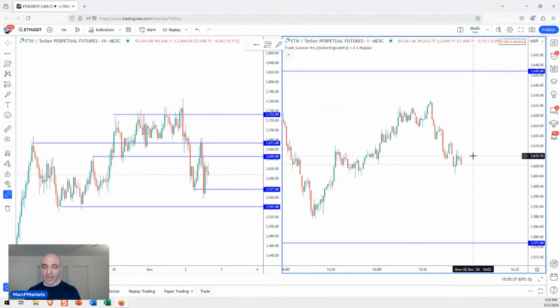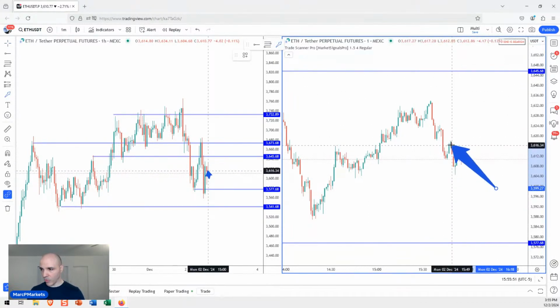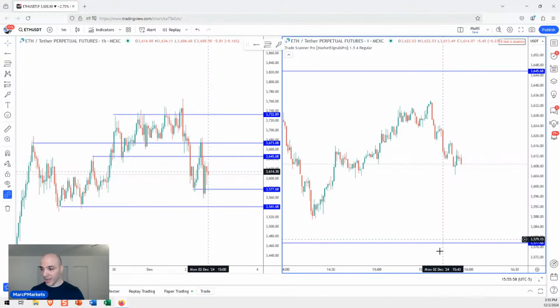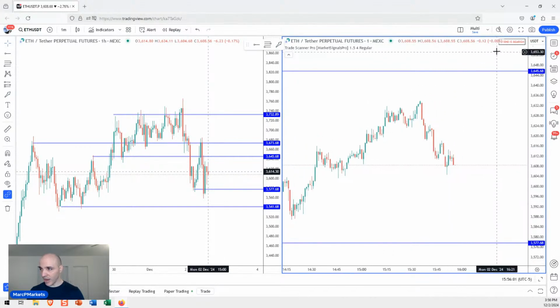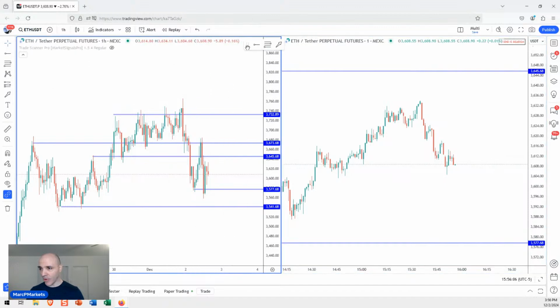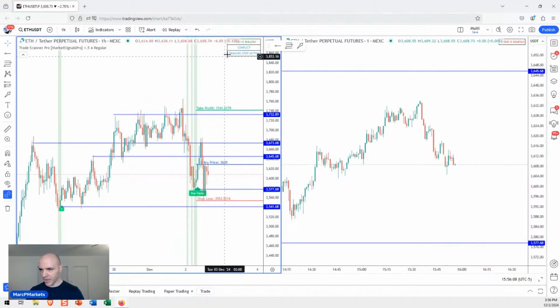Now, that helps me decide how I'm going to go about this. It's going to help me personally filter the signals, right? This is the way it has to happen right now. A couple of other things to note is the current structure on my 1 minute. Notice these are lower highs, are they not? Lower highs and lower lows. So there is some bearish momentum in play right now. Also, my trend on my 1 minute, based on what the script says, is bearish. On my hourly, let me turn this back on, it's bullish, right? So there is some conflict there.